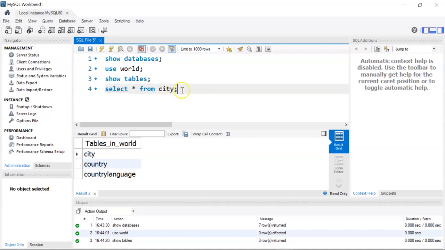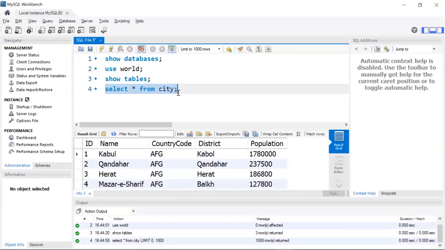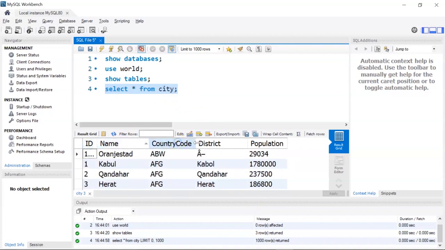This command is going to display all the rows present inside the city table. If I hit Control Enter, you can see the message here. It says 1000 rows were returned, which means there were a total of 1000 records inside the city table. Here you can see there's an ID column, a name column, country code, district, and population.